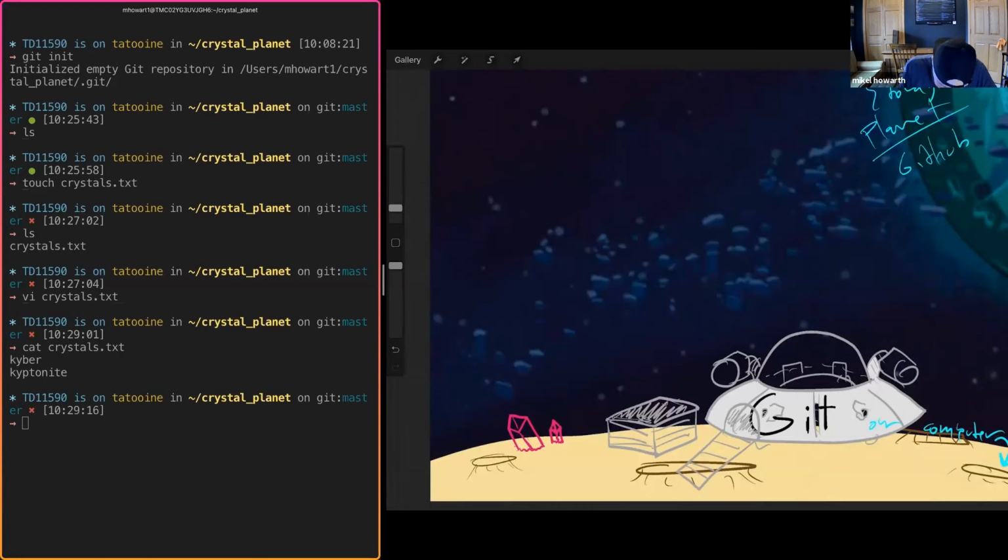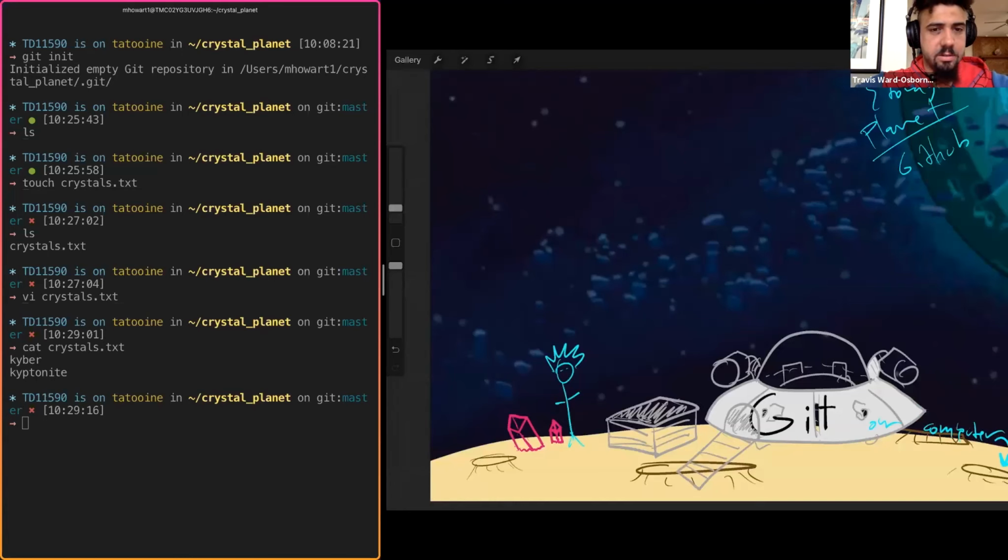Rick asks: how do you tell iTerm that you're done adding text? Oh, did you mean VI? Yeah, sorry, I didn't go over that. You can definitely do it with the code command. You could do code crystals.txt, but if you're already in VI and you're stuck,